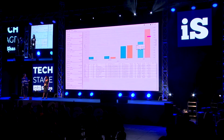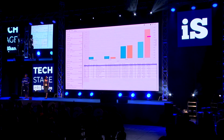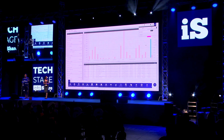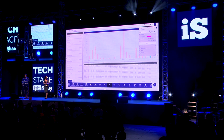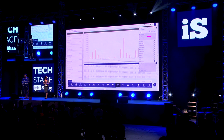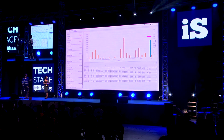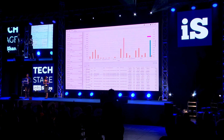So let's continue and imagine now how, for example, a designer can start helping the guys to make it better. There are different options, same thing, like you can add some backgrounds for your chart, for the table. There are a lot of different options. I just activate a few of them, just to give you an idea. So what we can do with this, now we have improved our table where we can potentially group by some